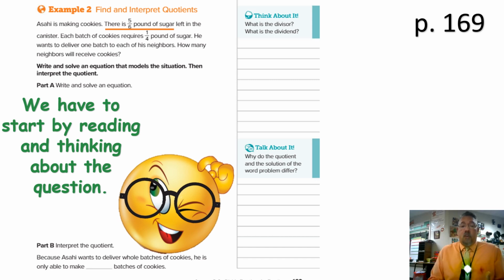So each batch of cookies requires, so there's my groupings, 1/4 pound of sugar. He wants to deliver one batch to each of his neighbors. How many neighbors will receive cookies? So I'm looking for the have, which is the 5/6. Then I'm looking for the groupings that I put it into, and that's my 1/4. Then I want to look at the final answer, which is, well, how many people will receive one batch of